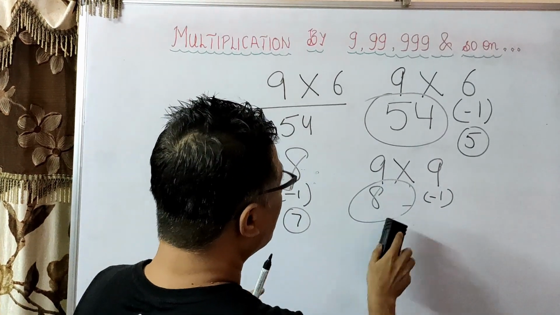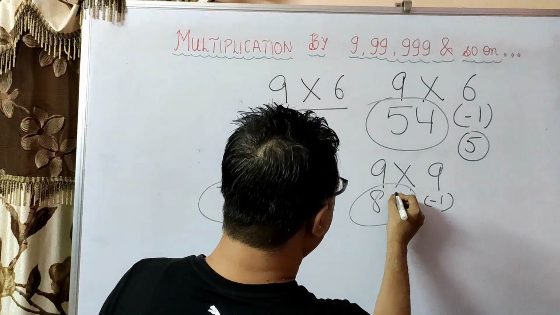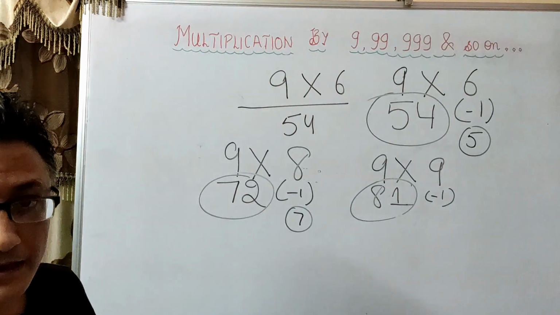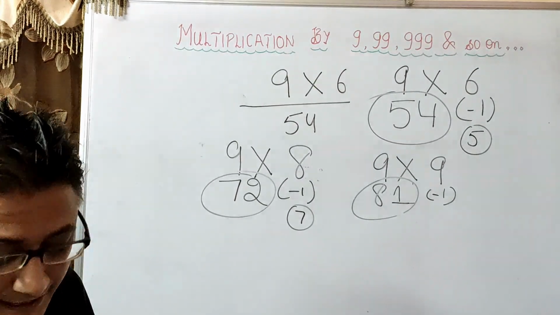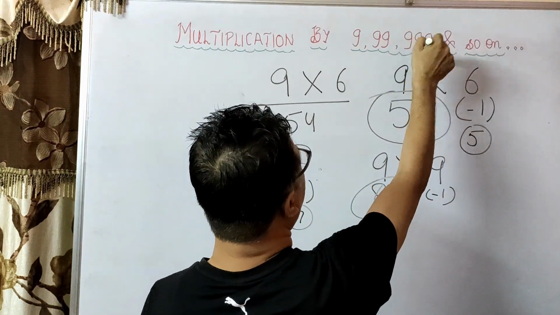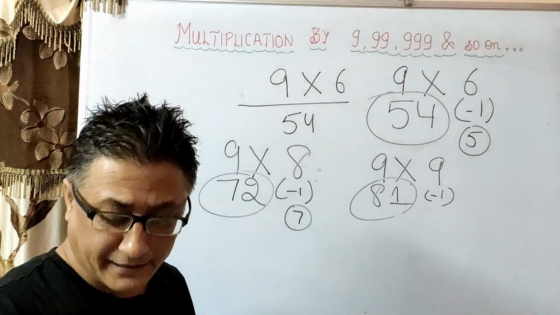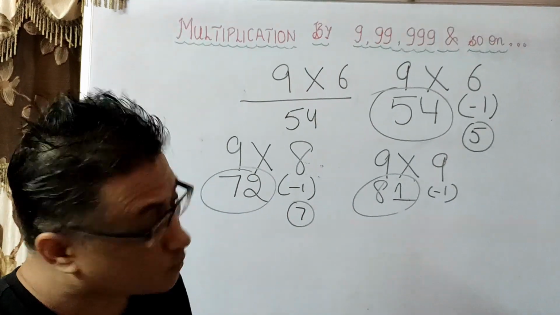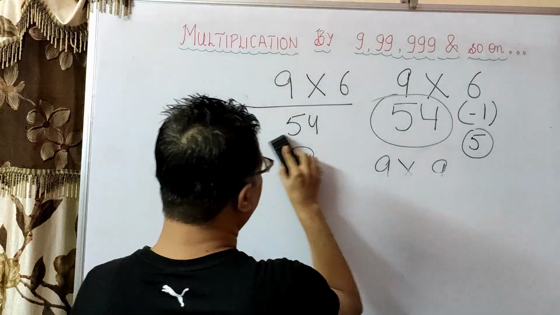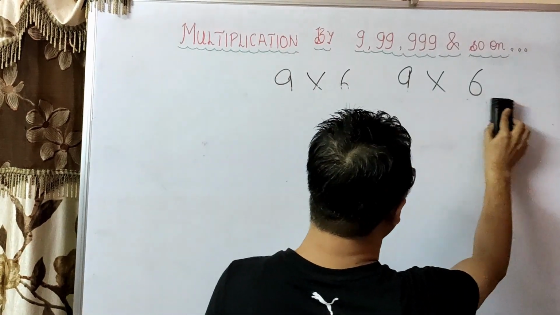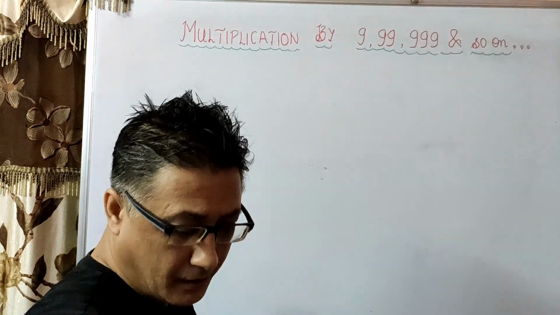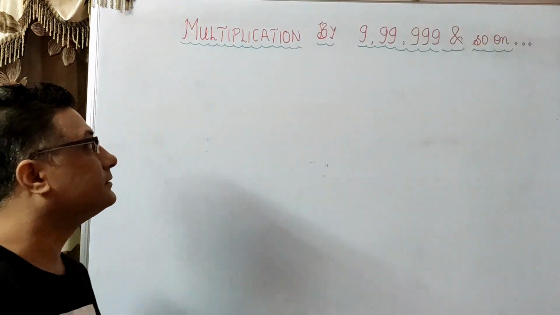So calculating using Vedic mathematics is really easy and it really saves our time. And this will be evident when we discuss multiplication with 99, 999 and so on. So now let's move on to multiplication with 99, 999 and so on. But before we go any further, I need to tell you some important things.